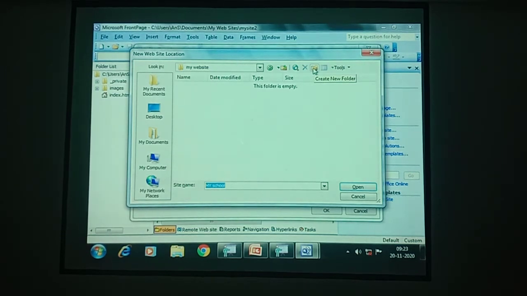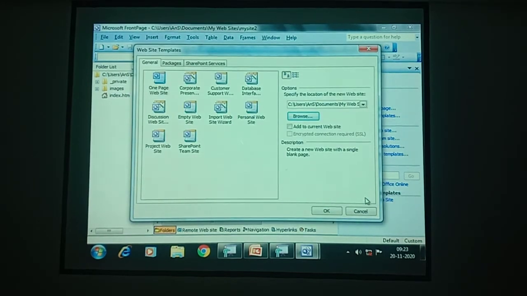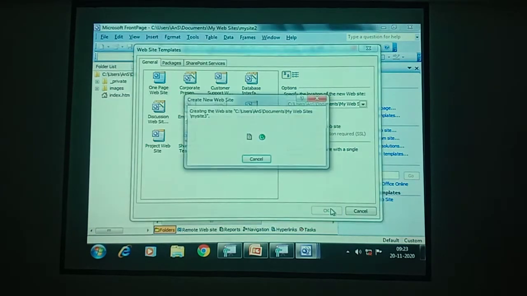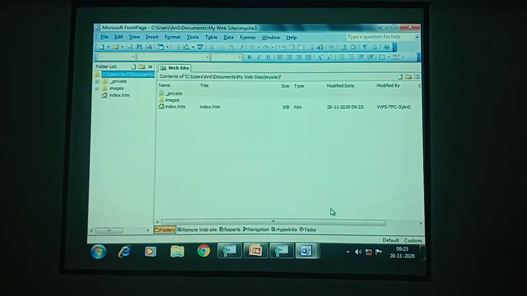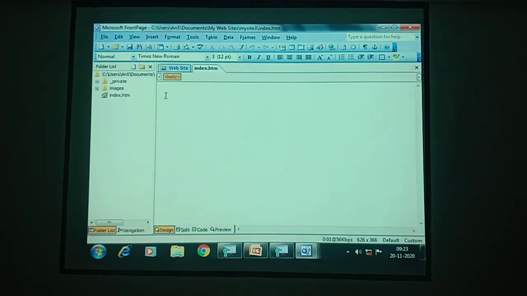So it will show one dialog box to type a name, what exactly your web page needs to be. After that, click the cancel button. After clicking cancel, you will get the website templates dialog box. Again click OK here. After clicking OK, click on the index HTML.